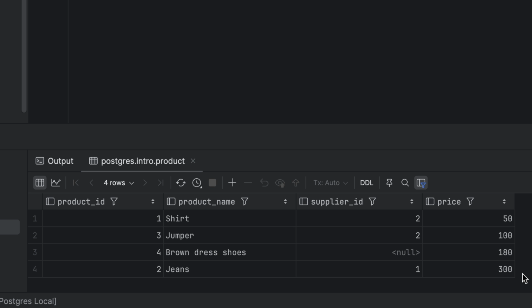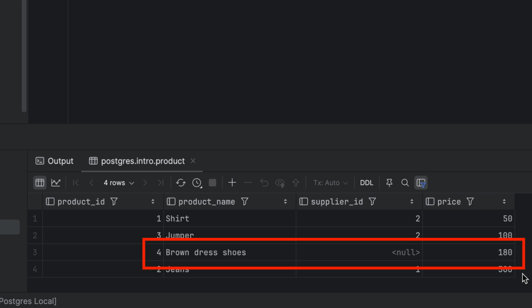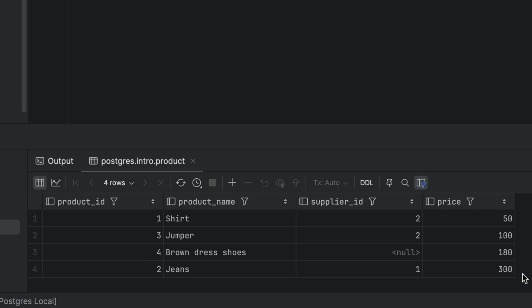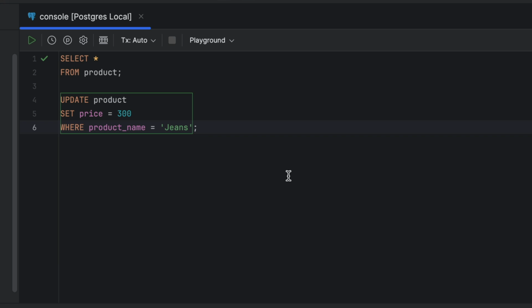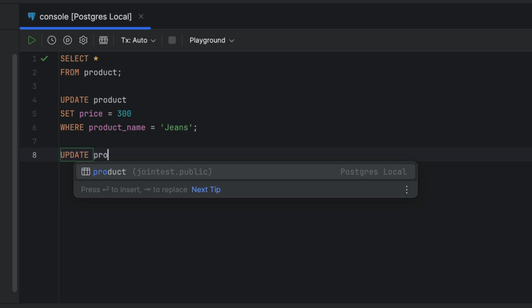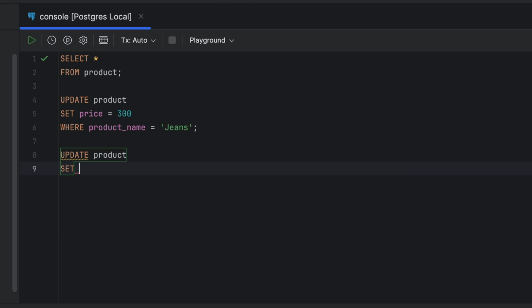We can also use it to update multiple columns. Let's say we wanted to change the price and the product name of this product here. To do this, we can write another update statement. We mention the table name of product. We also include the set keyword just like before. Then we add the first column we want to update. Then we add a comma so we can add the second column. We can then add the column of product name, then an equal sign, then the word simple shoes inside quotes. This is the new name of the product.